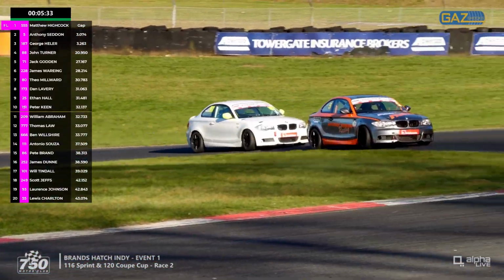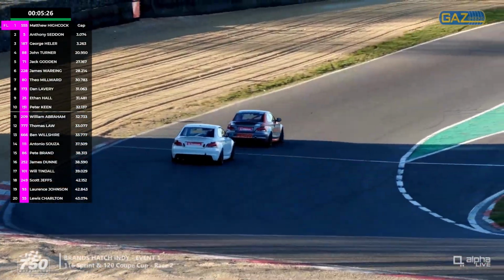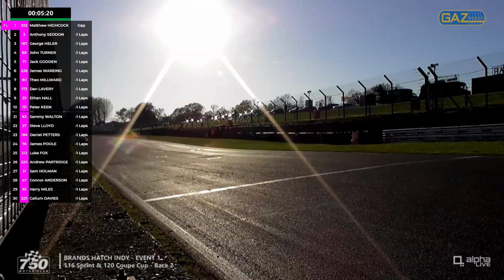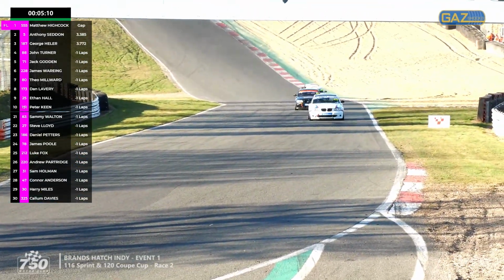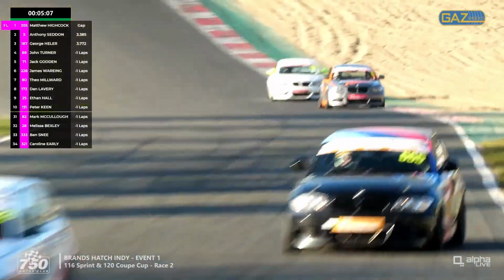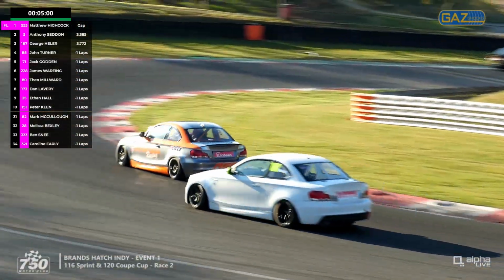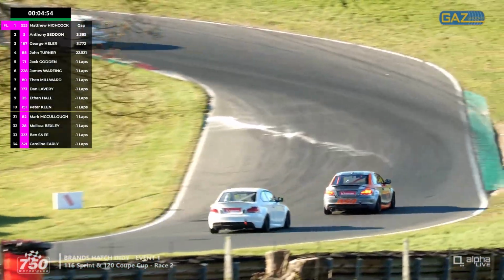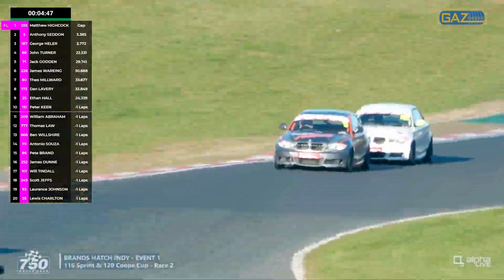Yeah. Here's that battle for what we thought was the lead, but actually it turns out to be 2nd. Highcock's transponder is working. Seddon and Healer. Seddon, the number 5 car, driver from Tarpley, very near to Alton Park. And Healer from Winsford, equally not too far away in the other direction. And they're having a real good fight, these two 120s. It's just a shame there's not more of these. A lot of the 116s, and it's a good chance for them to have a second outing with the Enduro race the following day, but good to get 10 or 15 of these coupes to...